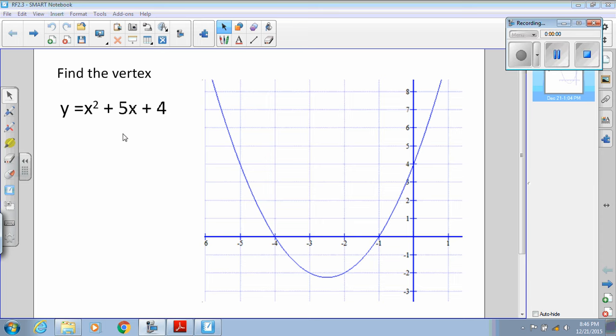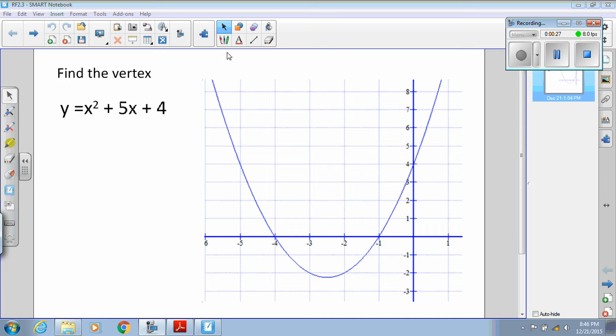We have to find the vertex when it is not readily available on the graph. If you look closely here, we would have to estimate the value of the vertex. We can't really tell, but what we do know is we can find the vertex using symmetrical points, because if we can find the axis of symmetry, then we can use that value to